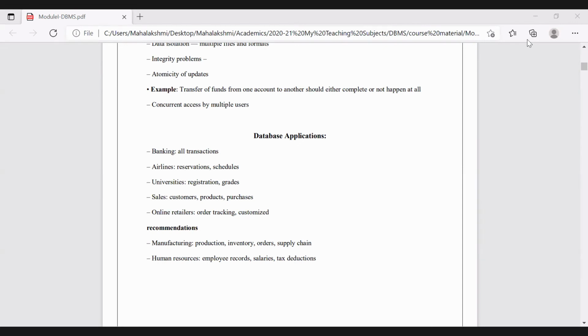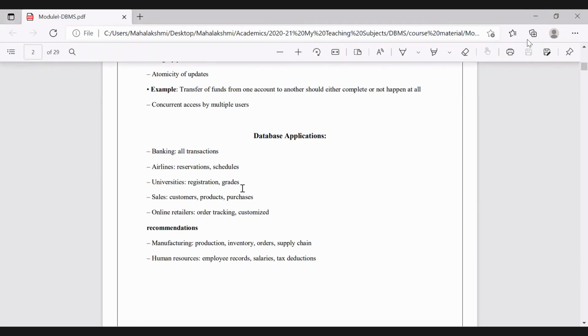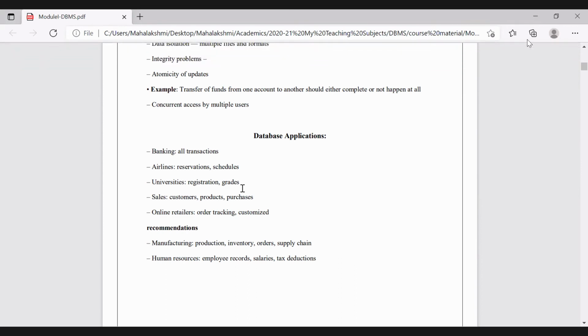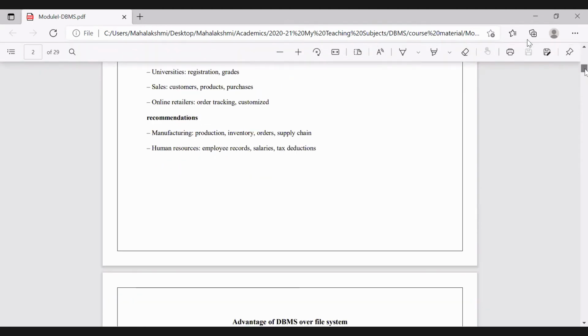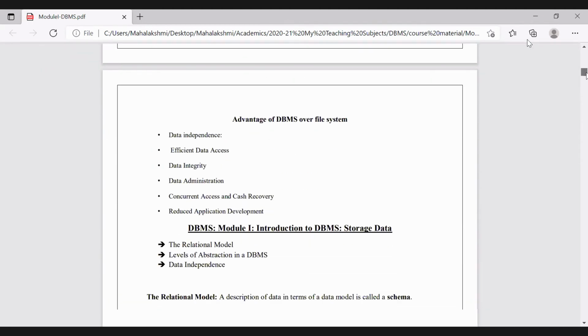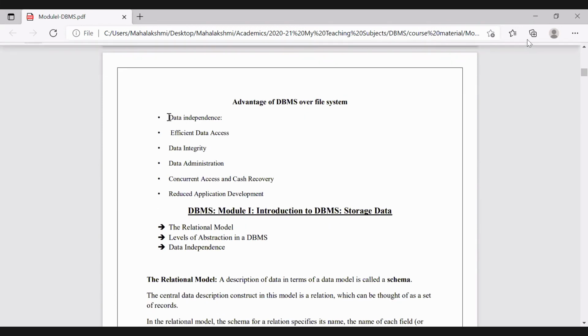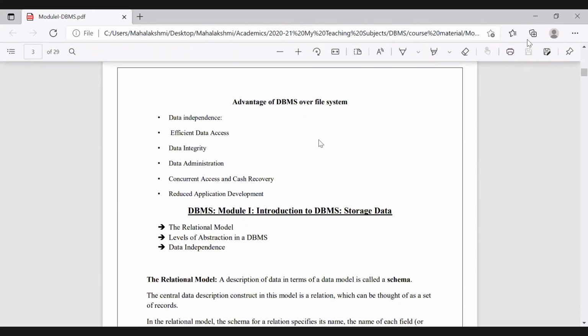Okay, enough. Thanks for giving me the examples. Definitely, for all the dynamic functionalities of the projects, we need to have the database. So these are the applications. And whatever we discussed about the disadvantages of file systems will become the advantages of DBMS. So what are the DBMS advantages?